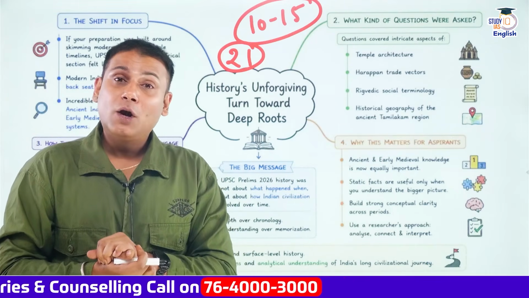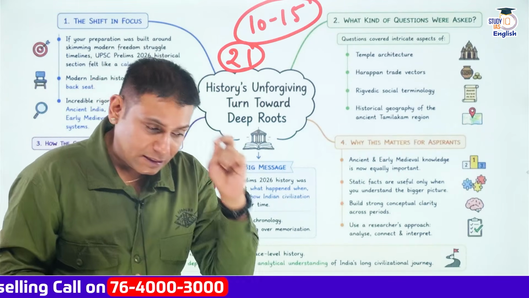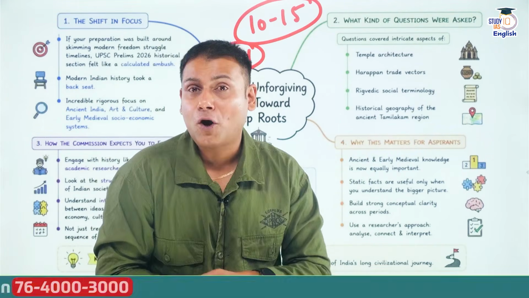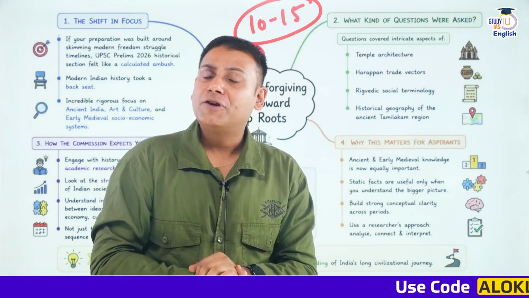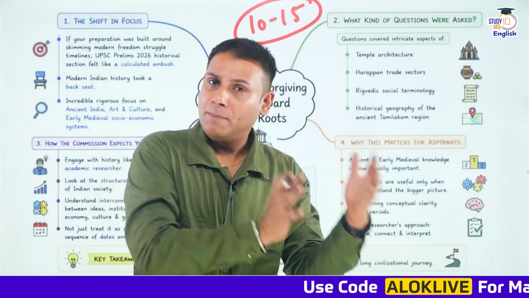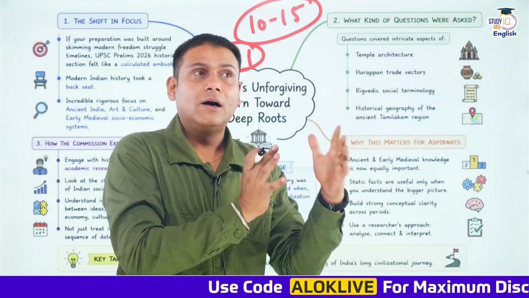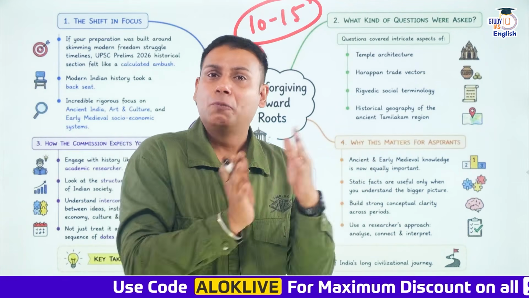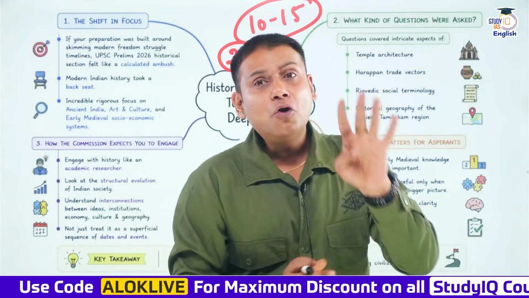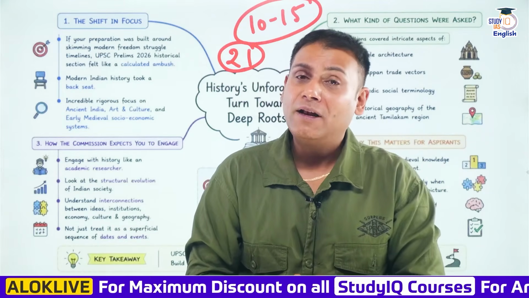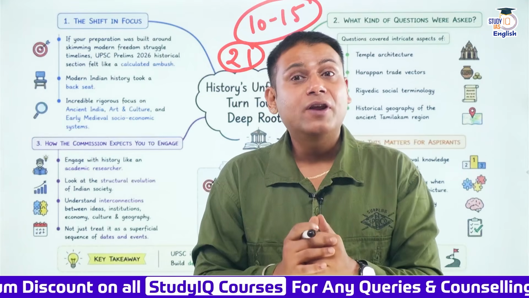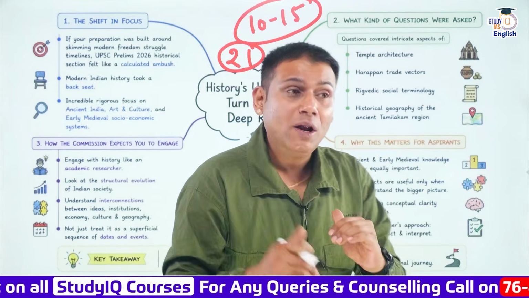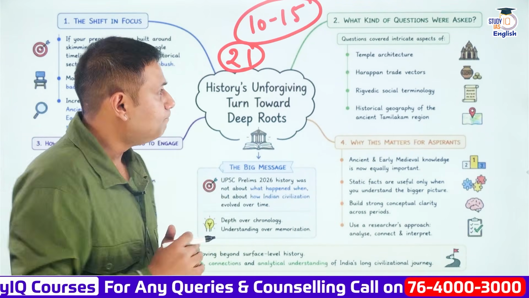There were approximately 15 to 16 questions from ancient Indian history. There was 1 question from the art and culture perspective, that is Moidam. That was question number 37, asked in one of the sets of UPSC. And only 4 to 5 questions were related to modern Indian history. Now from this section of history, what have we learned? Let's understand that.